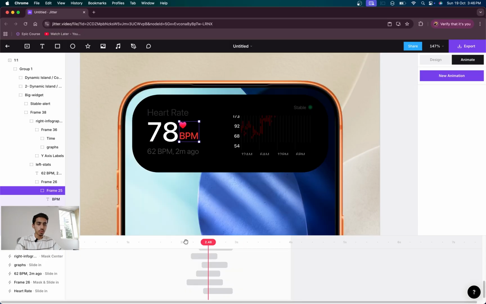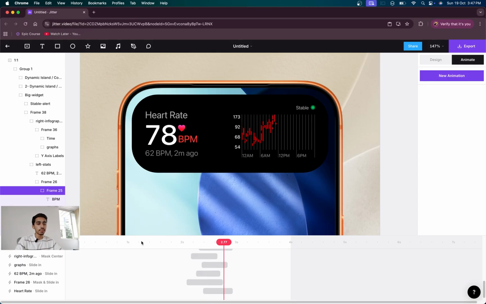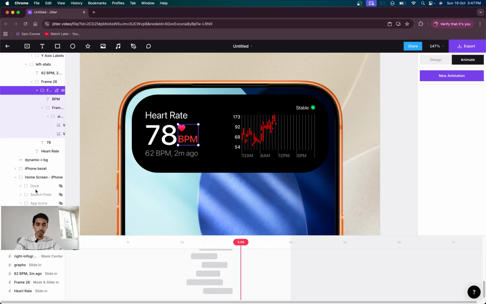Okay, so everything is animated in. We are 3 seconds in, guys, and we have the dynamic island widget popping in like butter, as smooth as butter. That was not a good analogy. Okay, once that is done, I want to give some pulse to this heart as well, because what is a heart without a pulse? So I'll just select my frame,